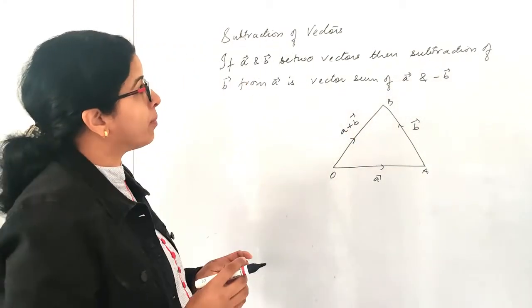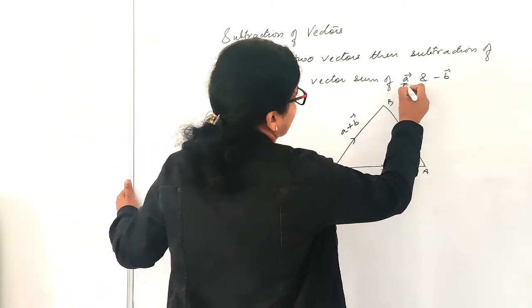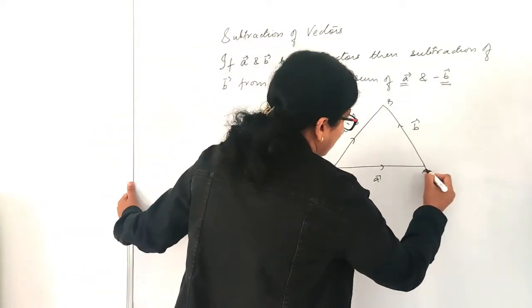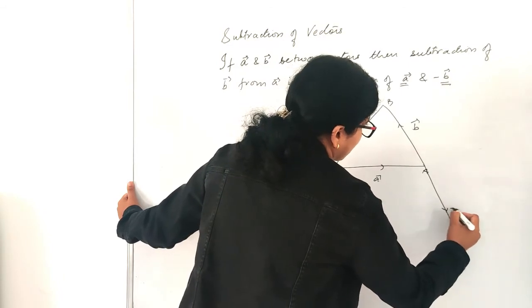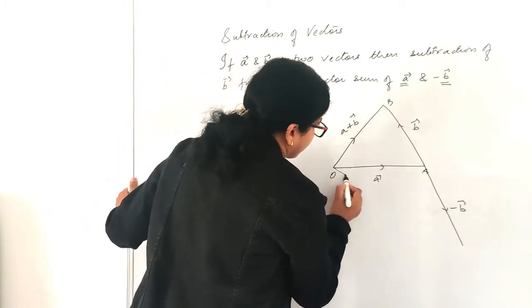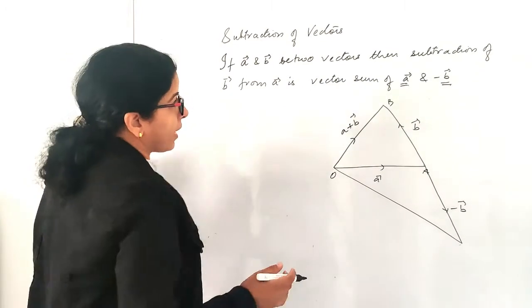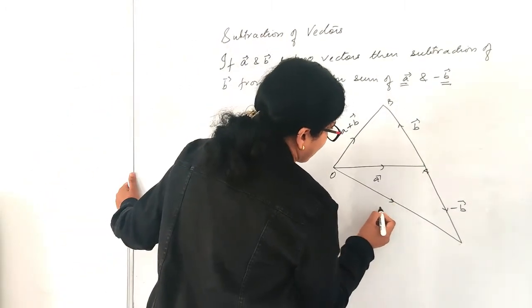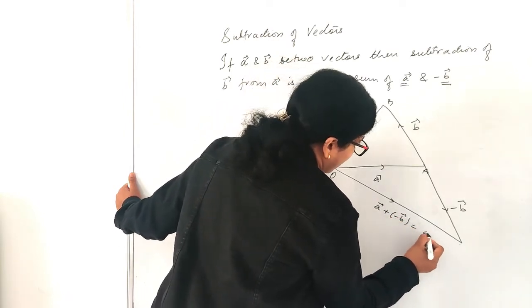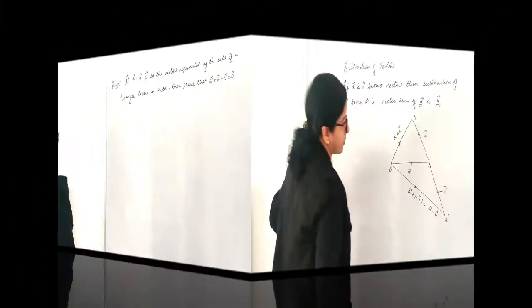Now if we are talking about the subtraction of vectors, I have written it is nothing but the vector sum of A vector and negative of B vector, meaning the vector will have the same magnitude but the direction will be opposite, right? So this will become minus B vector, okay? And this will in that case represent the vector sum of A vector and minus B vector, okay? So this is nothing but equal to A vector plus minus of B vector, which is equal to A vector minus B vector. Let us take it as B dash.